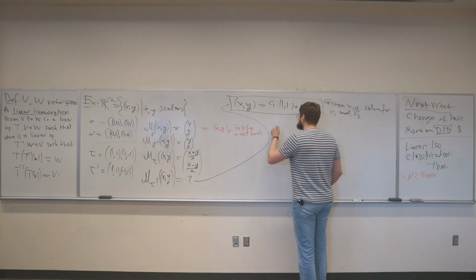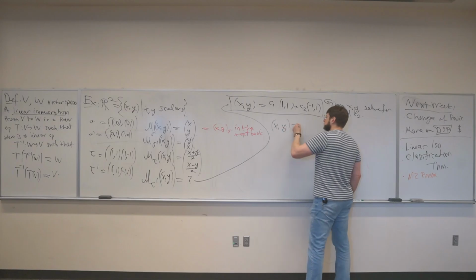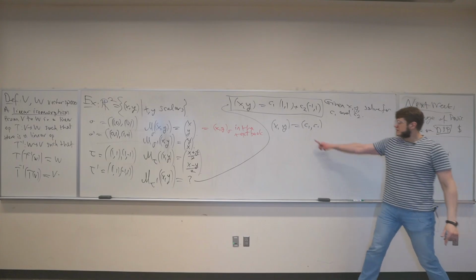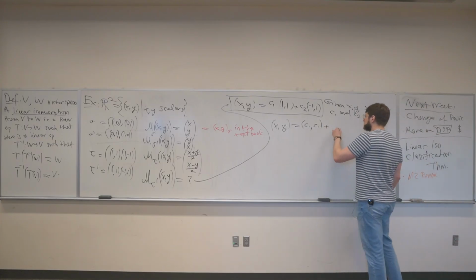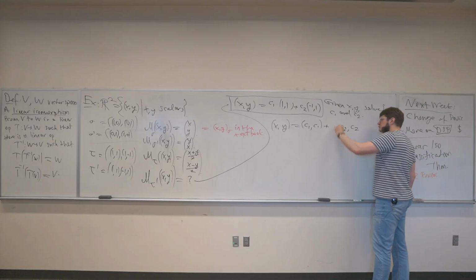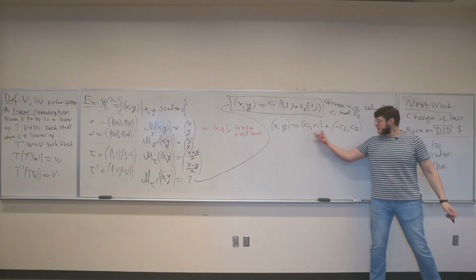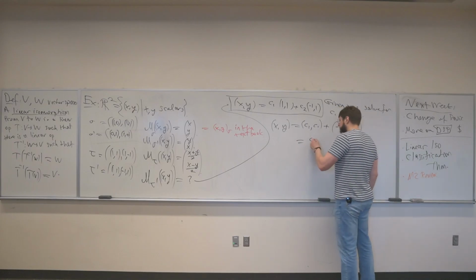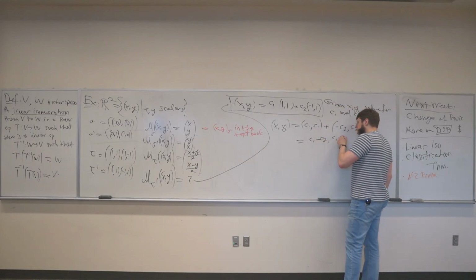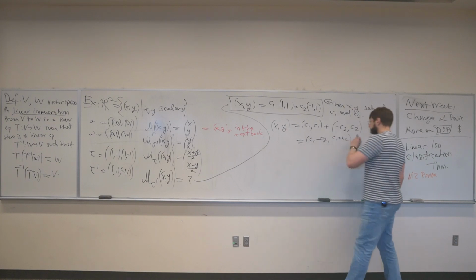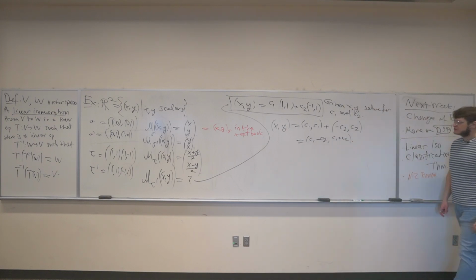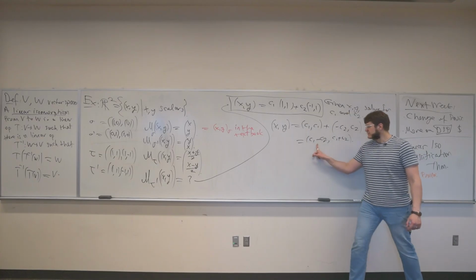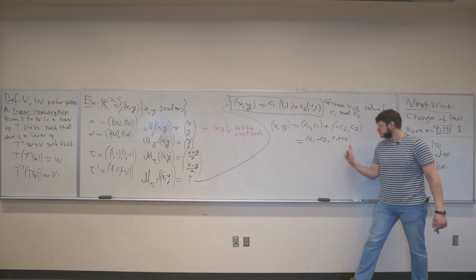How do you do this? Well, you just consolidate the terms. Let's take our time this time. Scalar multiply, plus minus C2 comma C2. How do I add two pairs? Well, you add this to this, this to that. So this is C1 minus C2 comma C1 plus C2. In order for this pair to be equal to this pair, it must be the case that x is equal to C1 minus C2 and y is equal to C1 plus C2.